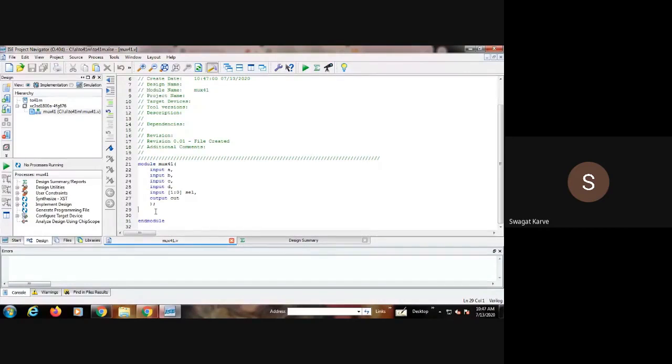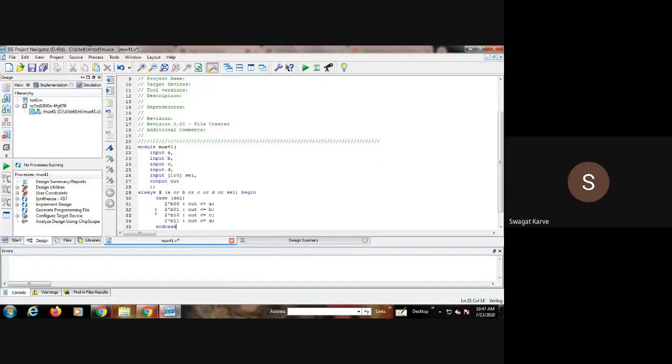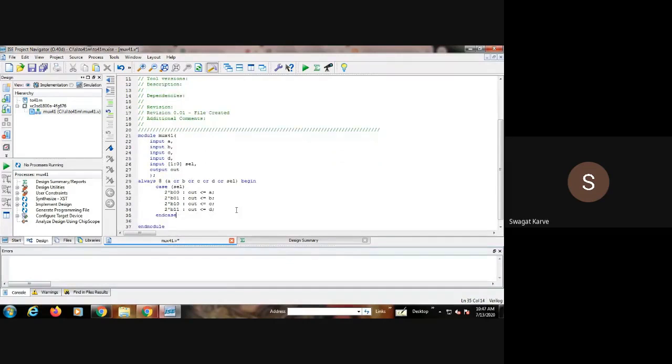How can we write this code? This is the simple code that I have used to design this 4:1 mux. I have used the always statement, right? Always remember, assign and always are the continuous assignment statements.